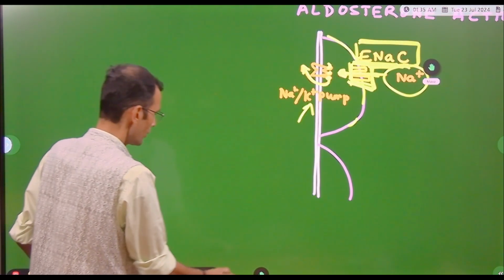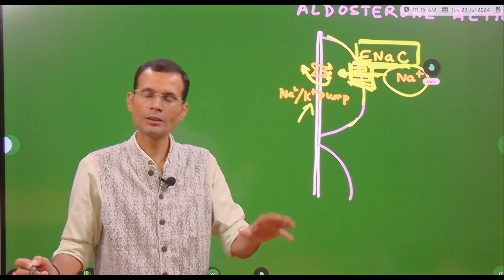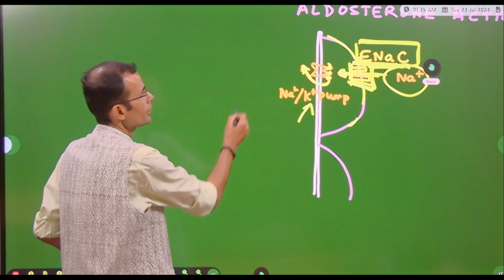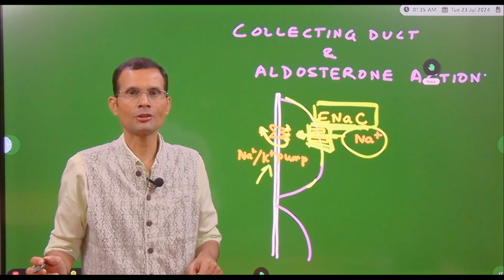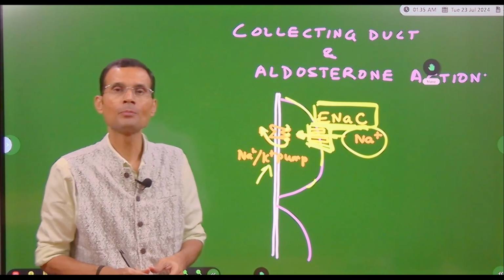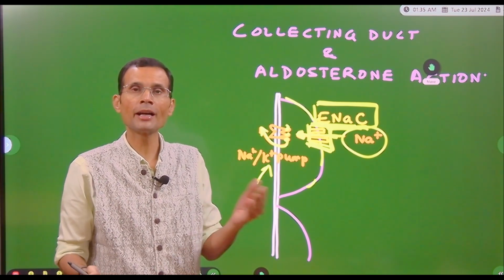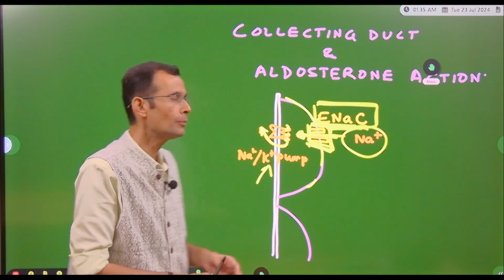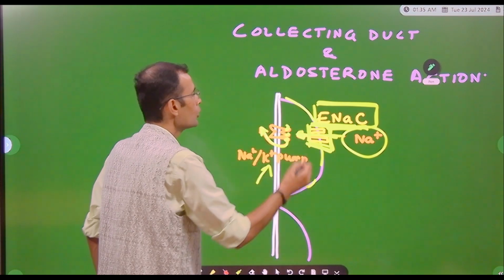With that in mind, before we talk about spironolactone and other potassium sparing diuretics, let's just quickly understand the collecting duct and the aldosterone action, because the aldosterone action is anyways going to happen and it is going to exaggerate that lumen negative potential and loss of potassium. So we must understand it here. Okay,